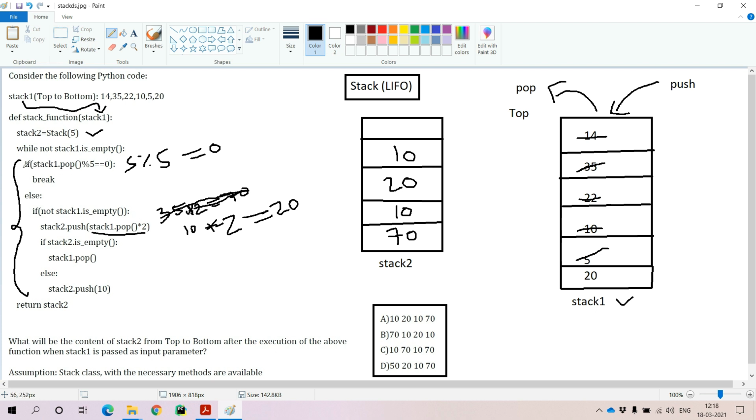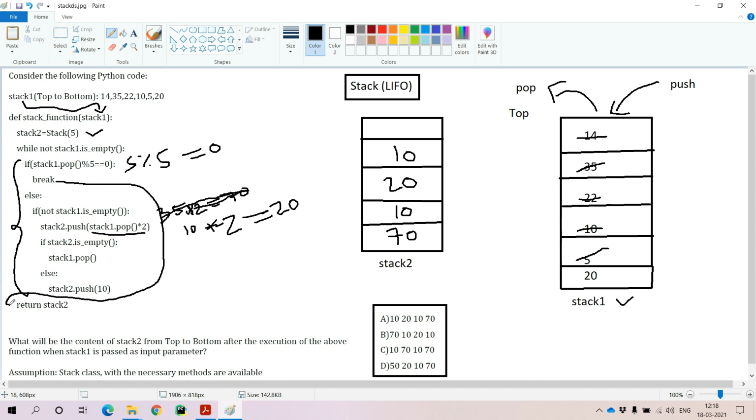Then the if condition will be executed, and we can come outside of this entire while loop. That means the remaining statements in the while loop are not considered. We break out of the loop. That means we directly come outside of the while loop, and we enter the next statement in the given function.